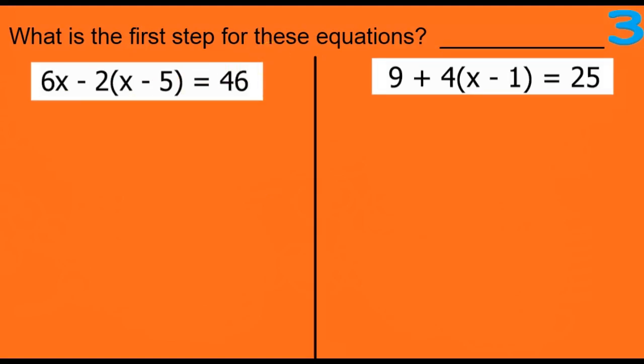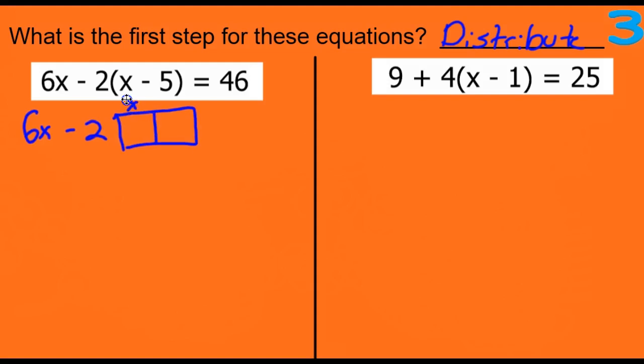Alright, so what I notice in both of these equations is that I have parentheses in both of them. Now there's no fraction out in front of the parentheses like there was in the first slide. So this time, what it means is we're going to distribute for our first step. So what I'm going to get is 6x minus 2. I'm going to draw my box and put x minus 5 on top